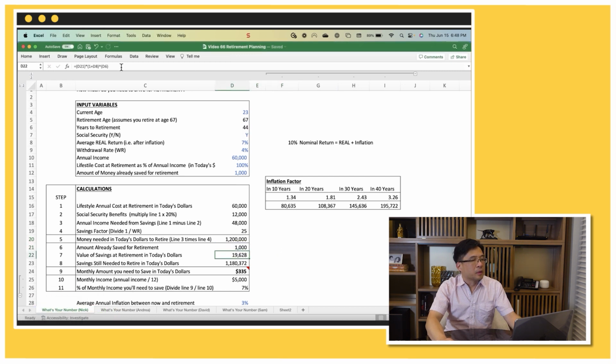Let me just show it to you. It's right here. Basically, we're taking the $1,000 and compounding 7% returns over 44 years. So that is 1 plus D6, which is the 7%, and we elevated it to the power of 44. Basically, we compounded for 44 years and we get $19,000 and change. So that's what that $1,000 is worth if we compounded it at 7% for 44 years. That means that he still needs